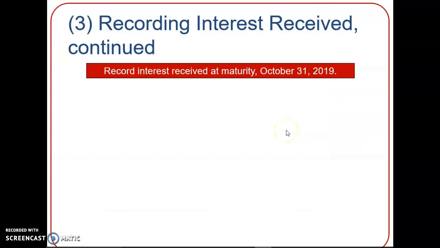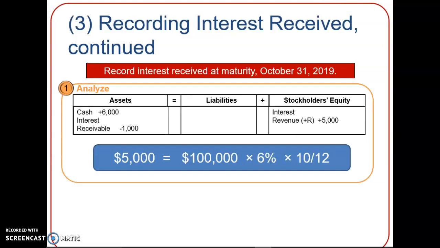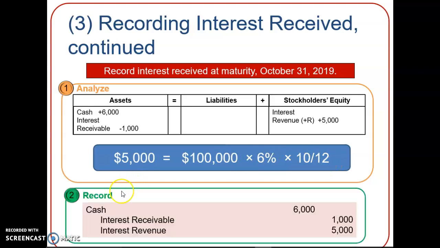So let's look at the journal entry. We calculate the amount of interest revenue that needs to be recognized in 2019. That's principal times 6% times 10 months out of 12 months, so that's $5,000. If we do a journal entry on that day, October